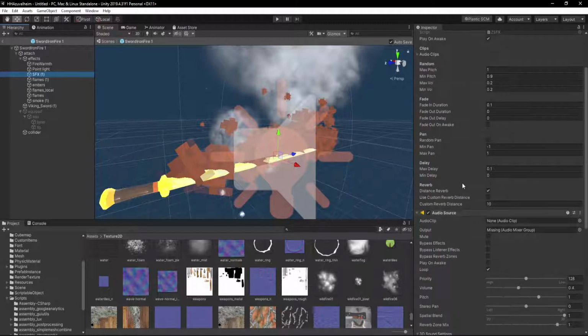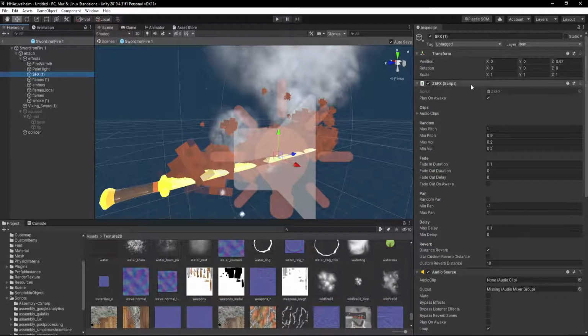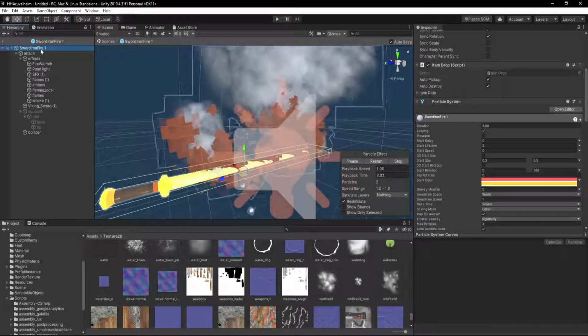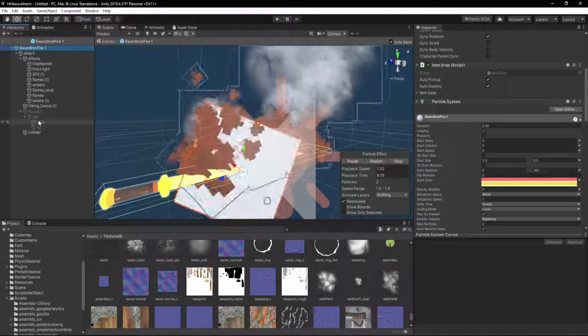Sound effects in the game use ZFX by default. If you want an actual sound effect to work, ZFX doesn't always synchronize between clients. What you can do is add an audio source and make sure that the audio source is here. The audio mixer group we don't have in an asset rib. You're going to have to do this in code. But for this particular case, all we're going to do is say that our sword is hunky-dory, we like it,